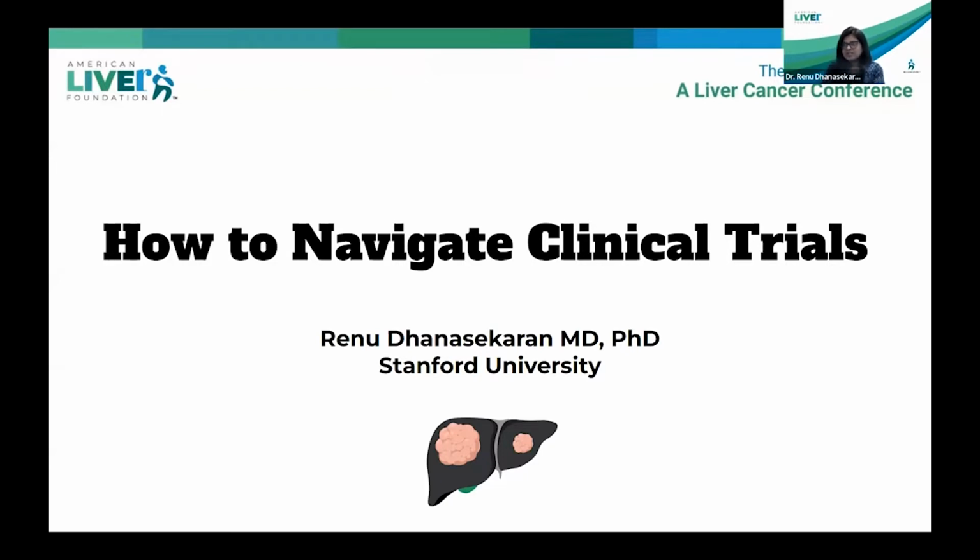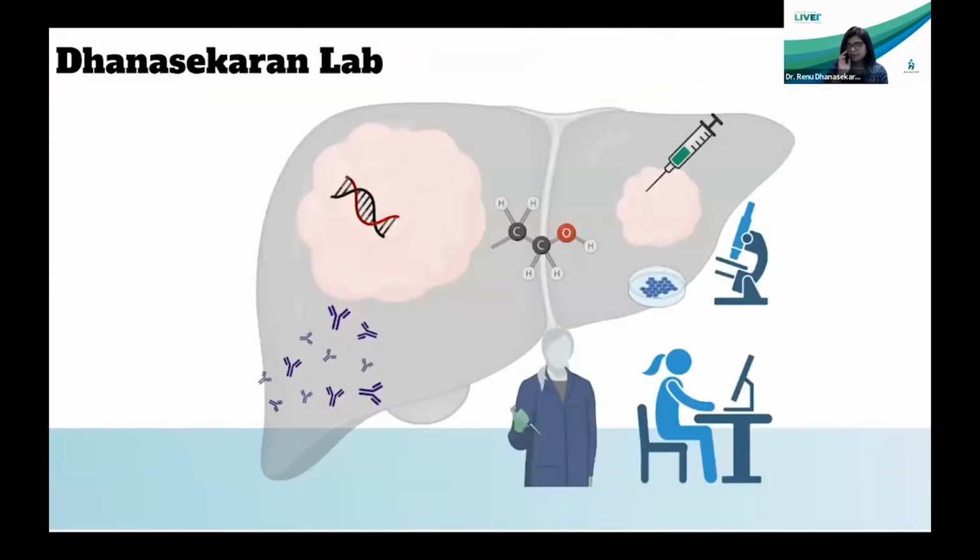I'm Renu. I'm at Stanford, and I'll be talking to you today about navigating clinical trials. Before I jump into my talk, a little bit about myself. I'm currently a basic scientist. My lab at Stanford focuses on immunology in liver cancer. It's been a great time with all these new immunotherapy drugs coming in for our patients. My clinical practice is mostly taking care of patients with liver cancer. I've been doing this for the past few years, so I'm really passionate about this research. If anyone has any questions, please feel free to find me, email me. Would love to hear directly from patients.